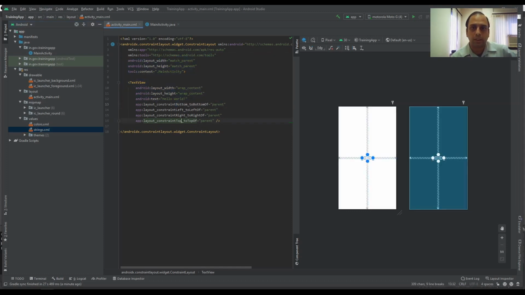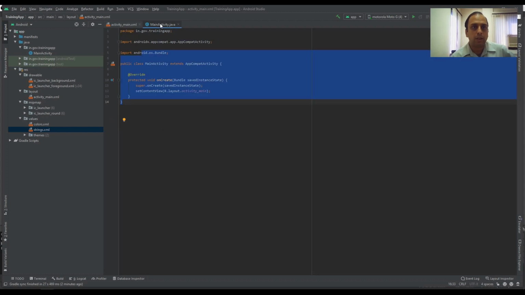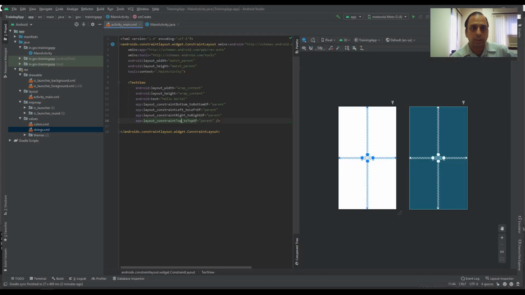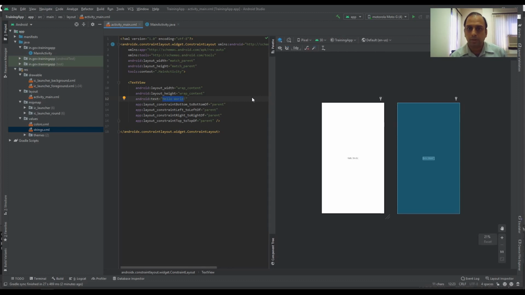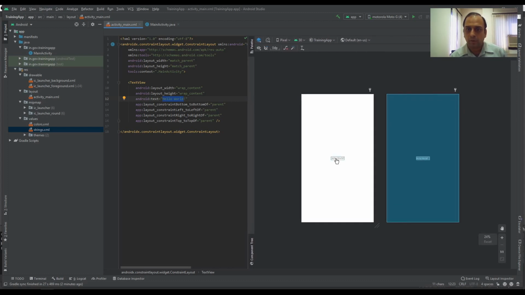The central part is the code or the XML tags, and on the right side you can see how it will be looking in the actual device. Okay, so let us run this first app. By default, it has created a hello world. I think you are able to see this thing. Just let me zoom it. Okay, if you can see, there is a small hello world here.